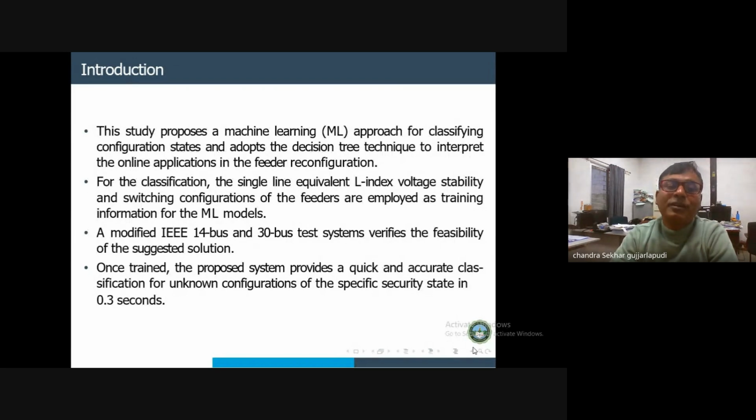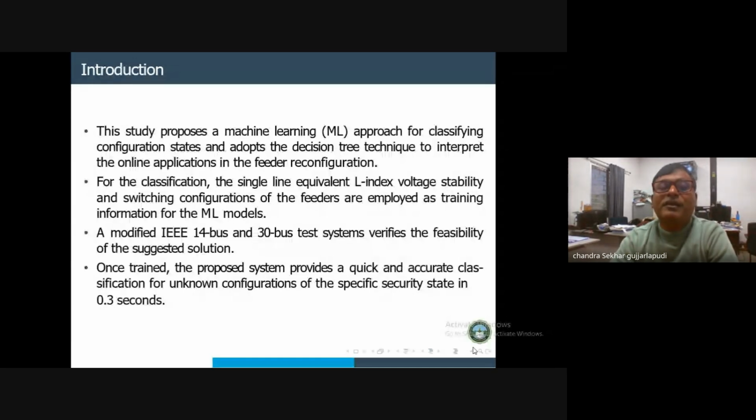Many cases may not give. Many cases are given in between those two states. So now, if we classify all the states, how is it possible? So in this study, what we did, we have done some kind of